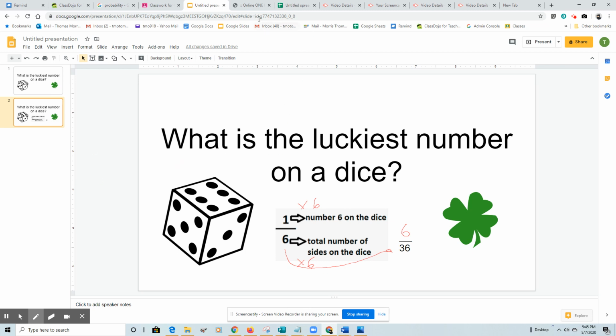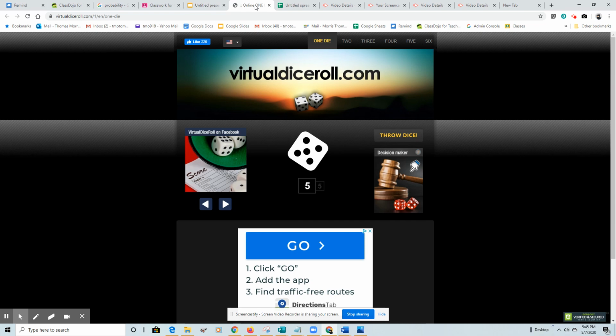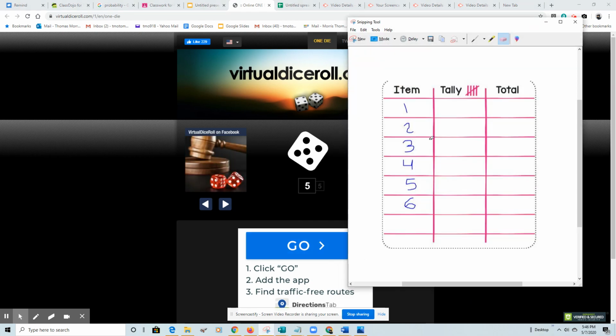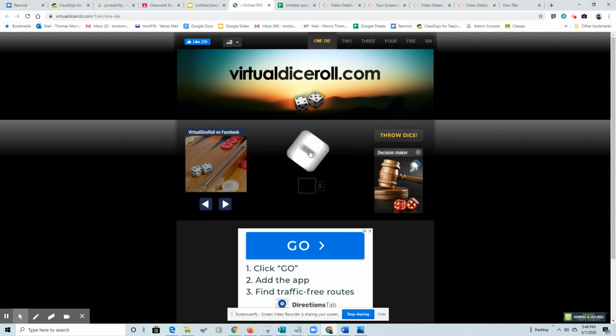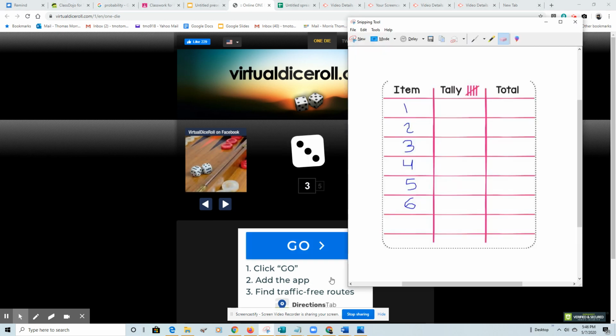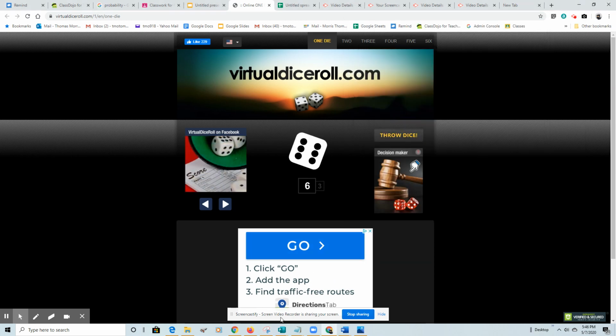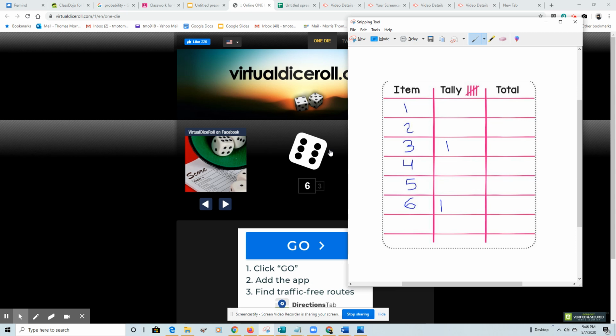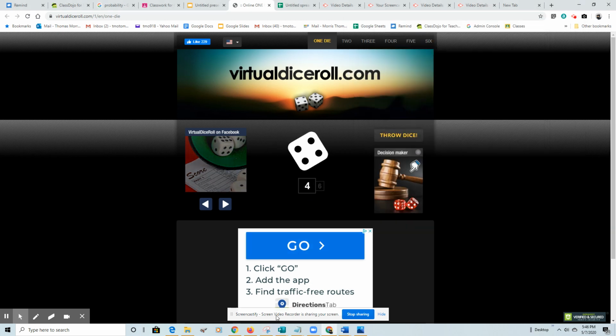You're going to go to your online dice, which you have the link in your assignment, and you're going to have a tally sheet ready to go. All right, so I have one attached. It doesn't have to be fancy. You can use a piece of scratch paper, and you're just going to make your roll, and then you're going to tally. All right, so you're going to do this 36 times to show your results,